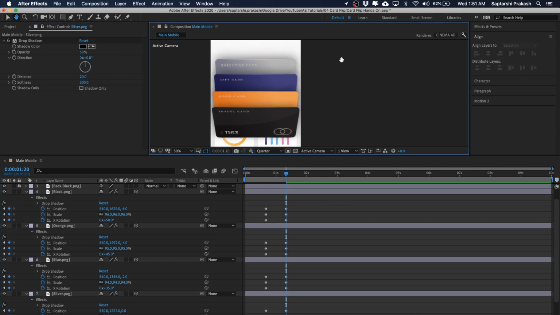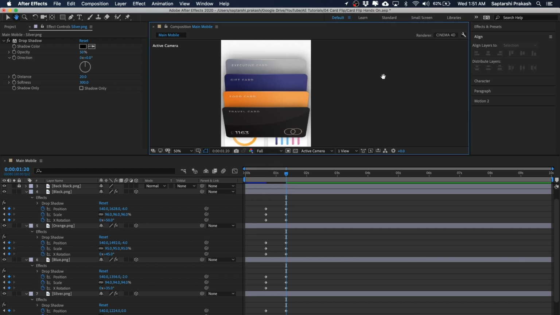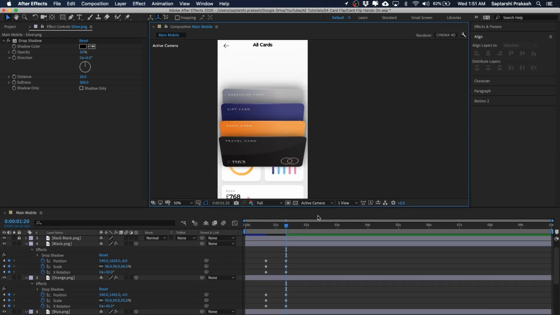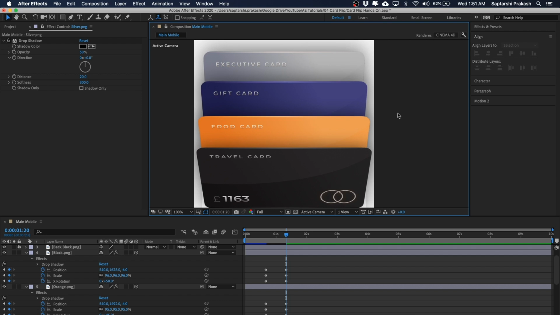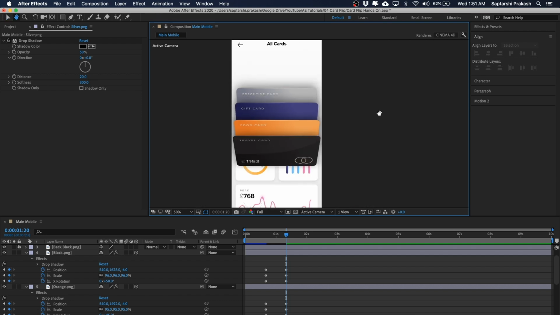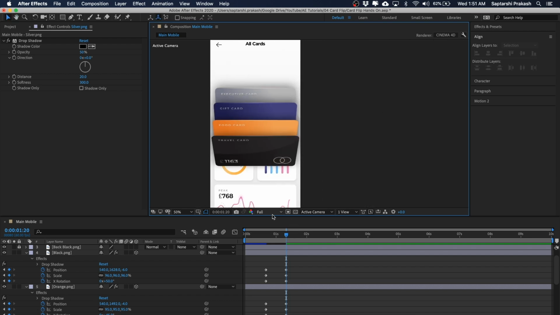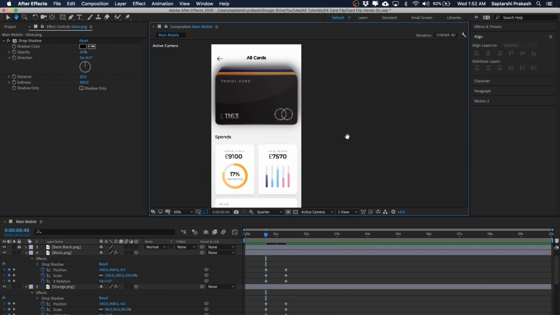Yep, now you see we have added shadows to all the 4 layers. Now if I set the quality to full, you see how beautiful it looks, how realistic it looks. They look like real cards with just the right kind of shadow. Skeuomorphism at its best, right? Alright, I'll move back to quarter because full is going to be heavy on my system, especially with this 3D